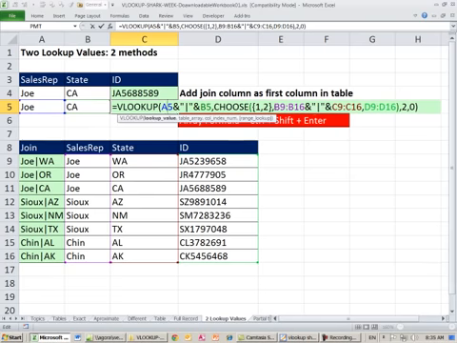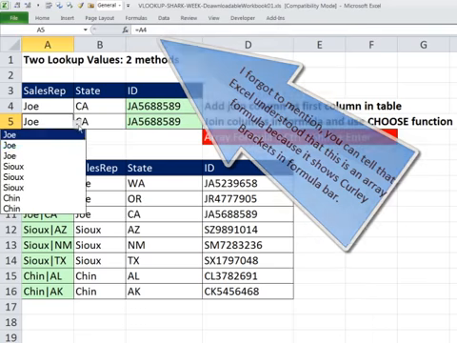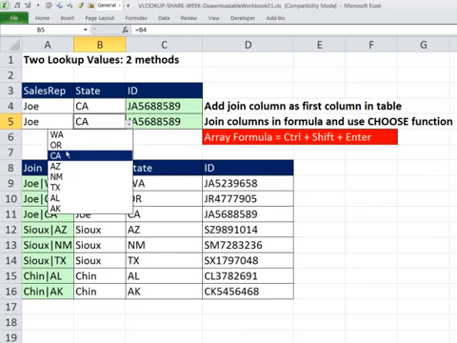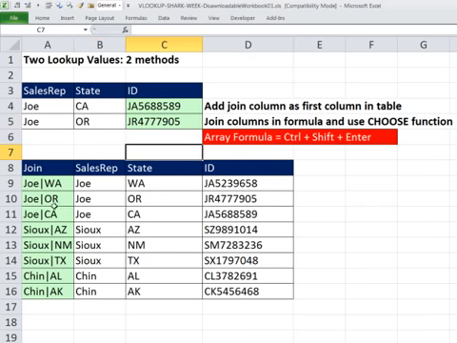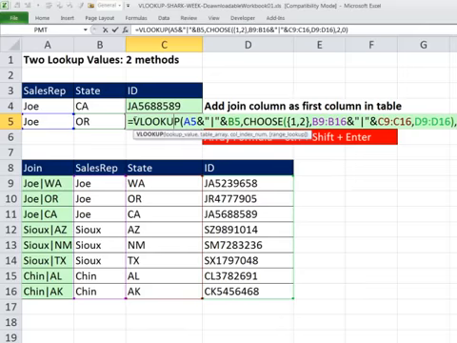And the array part of this is, the definition of an array formula is you do some operation on more than one cell. And notice the whole column, and then this is the operation join with another column. Forget it. That's an array formula, so you have to Control-Shift and Enter. And there we go. So now if I change this to Joe Oregon, so we're getting Joe Oregon, the correct lookup. That's pretty fancy. Again, that's probably the easier one, and I'd probably want to put the same if error there